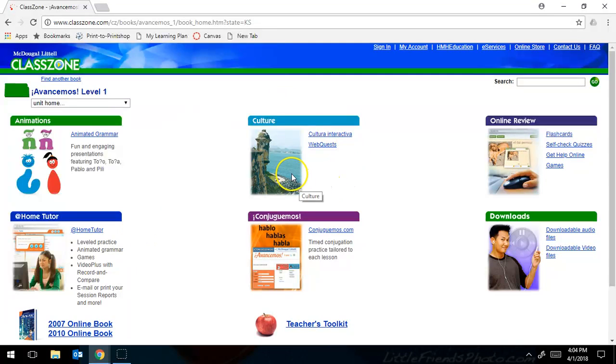We have a culture section. We have the conjuguemos.com section, which is great to practice verb conjugation. There's an online review with flashcards, self-check quizzes. You can get help online. You can play games. And then there is this download section where you can watch videos that we watched in class, our telenovelas from our units, and you can also practice listening comprehension